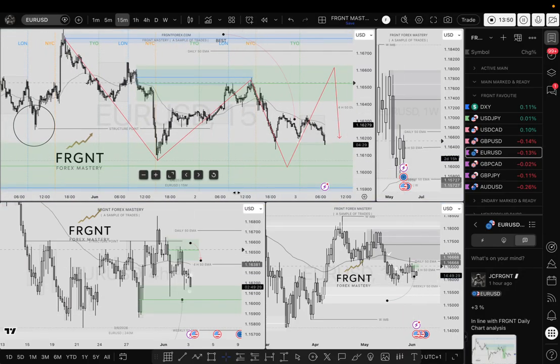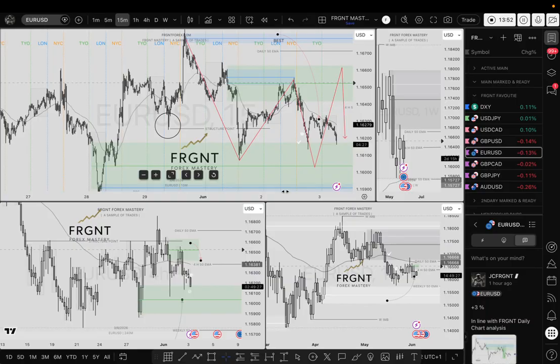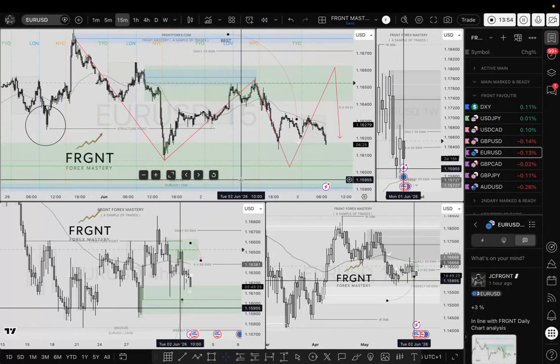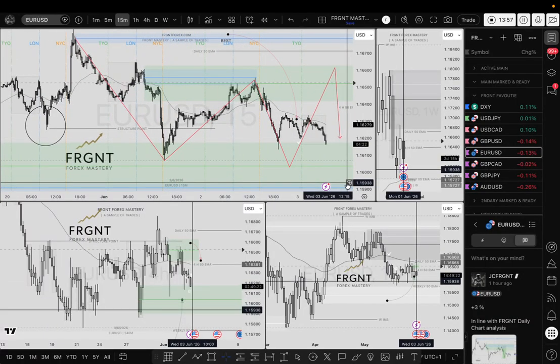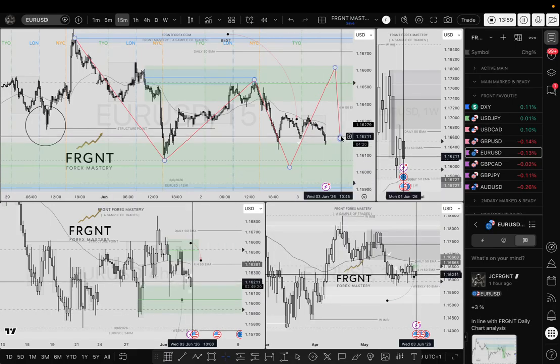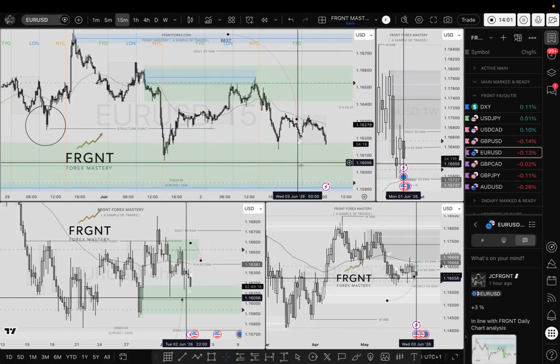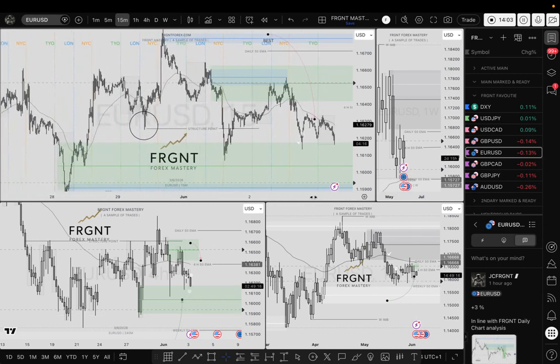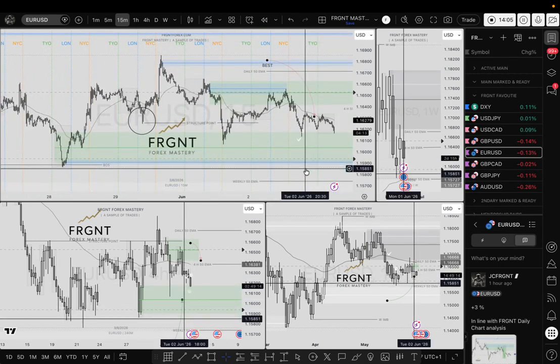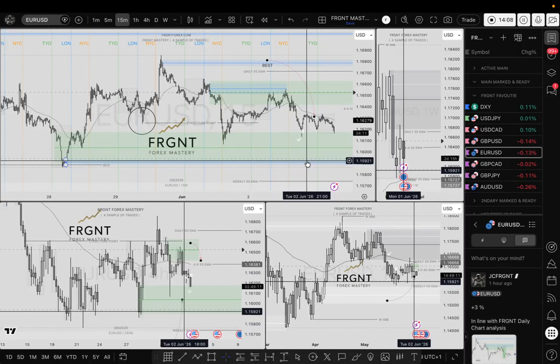So GU's in a range. EU, what are we doing? Well, I'd be interested to see what price is going to do if it reaches this low. So I've got an alert there. If price doesn't want to return, then I'll wait to seek some confirmation down at these lows for a potential long position. Would that make sense based on what the thought process is? Absolutely. If I'm looking to long Euro US dollar, I need weakness to come out of the DXY. Am I expecting that? Yes. So therefore, it's all starting to align.